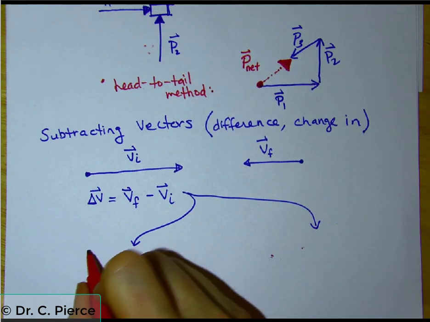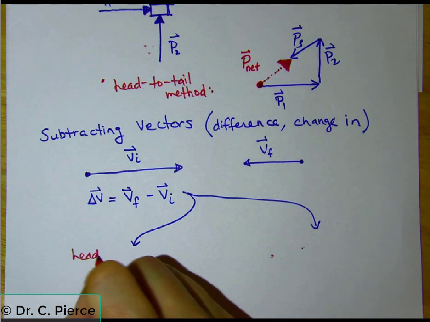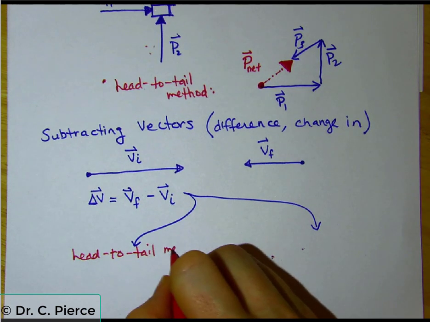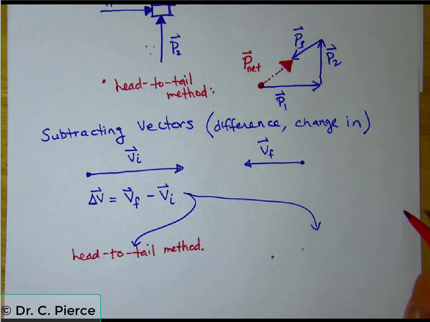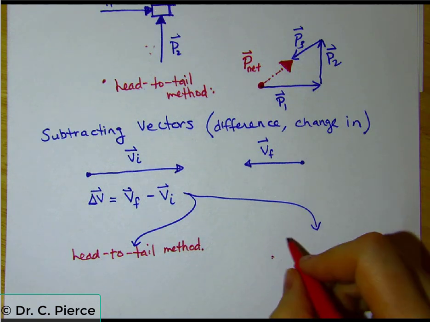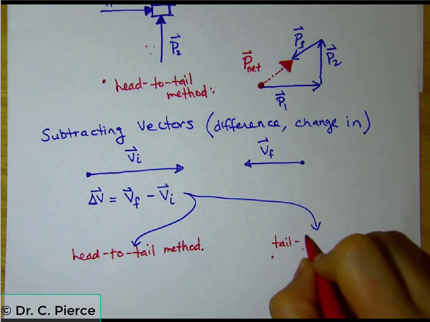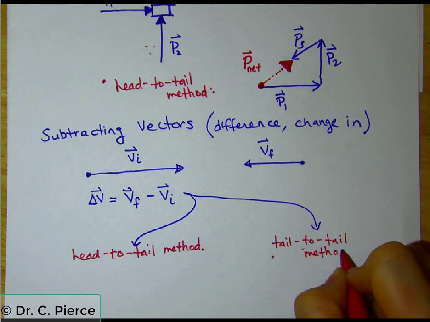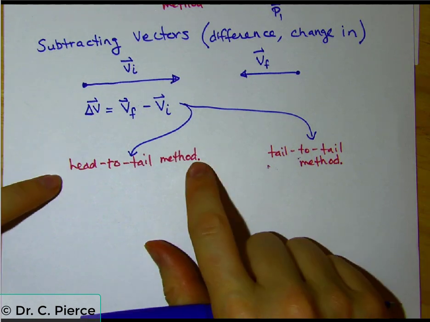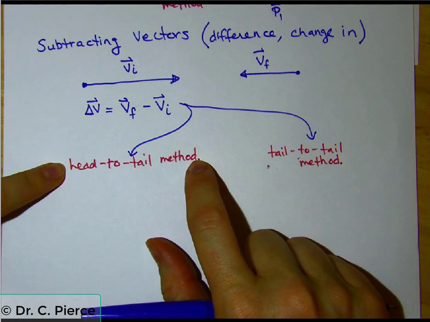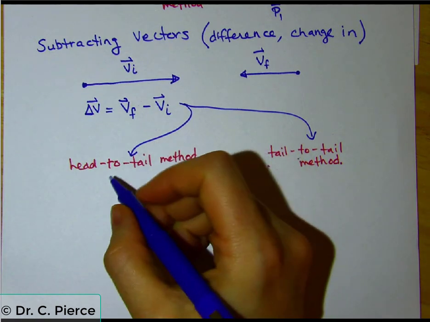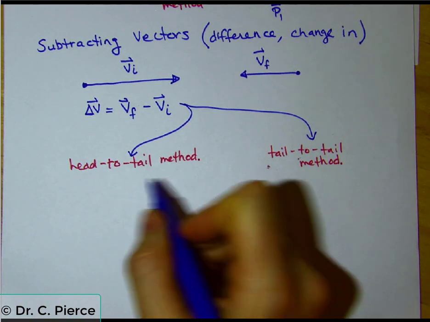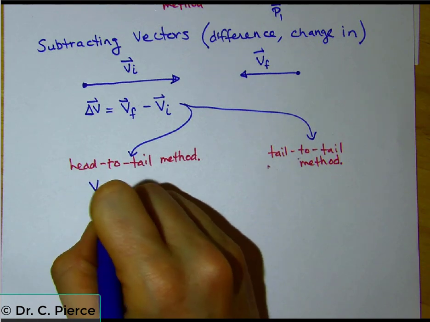So we could do that again. Or we could choose to do it by the tail to tail method. For this one, let's do the head to tail. But what we're going to do is think of it as adding vectors, because the head to tail is the way we add. So what we could do is do final